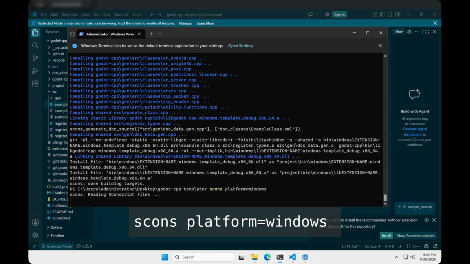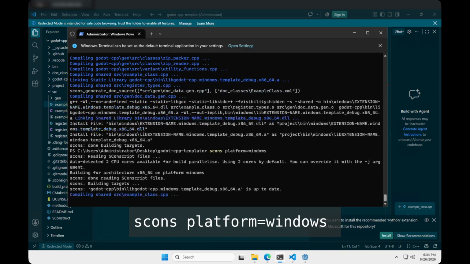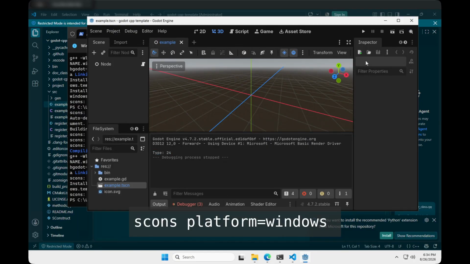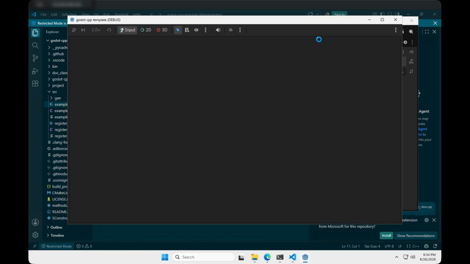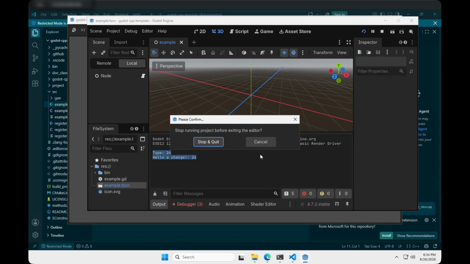scons platform=windows, run it again, and it'll be a much faster build. It doesn't have to build everything. And there you go, it's relinked it and dropped those. We go back, we run it again. And if everything works, you'll see hello a change. And that means we have our build system for Godot native code on Windows using